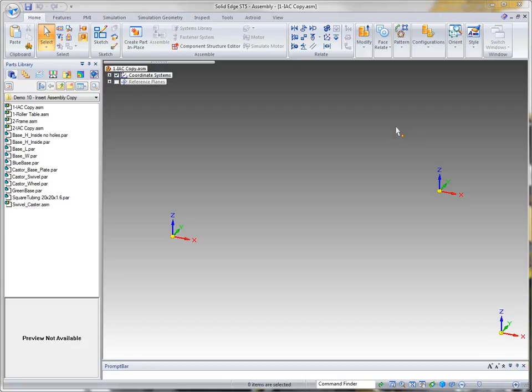In the SolidEdge ST5 assembly environment, we have new functionality called Insert Assembly Copy. Insert Assembly Copy is very similar to Insert Part Copy. And what occurs with an Insert Assembly Copy, or sometimes we refer to it as IAC, is that if I'm